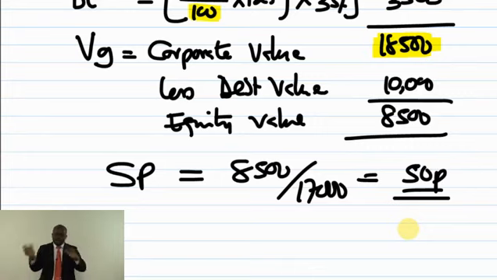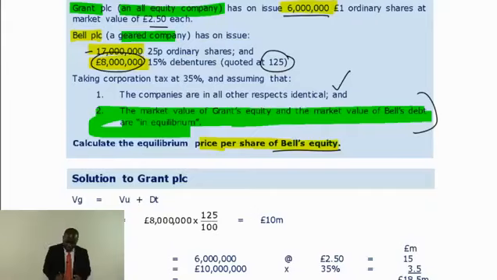So anytime you are moving between the geared and ungeared, Miller and Modigliani is calling you. Okay? So please, it needs practicing. Otherwise, the question might come and you might not even see Miller and Modigliani. Most students read the question and don't see that there is Miller and Modigliani. In the simple example that we did here, obviously nobody mentioned Miller and Modigliani. The question will expect you to pick it up yourself.